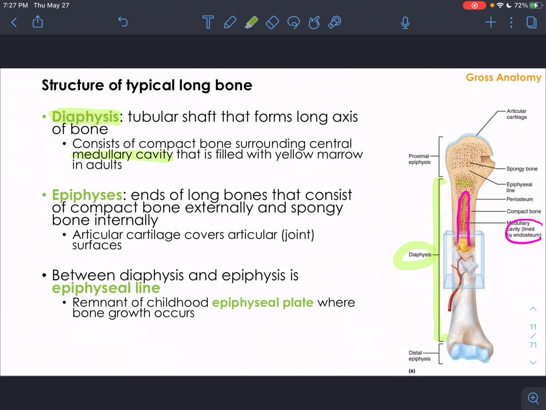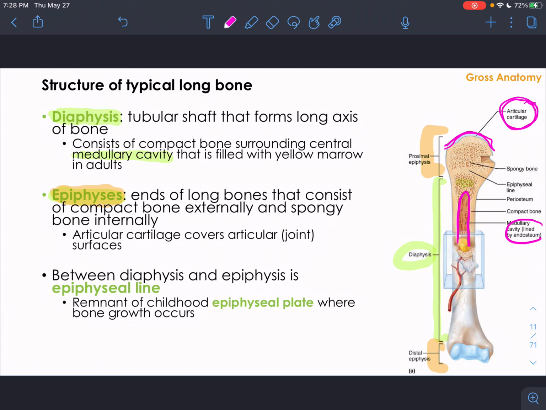The epiphyses, because there's two of them, are going to be at both ends. I'll do this in a different color. Epiphyses are at both ends. So you have the proximal epiphysis, which is going to be the part of the bone that's attaching closer to the body, and the distal epiphysis, which is going to be further away from the body. Again, you have compact bone on the outside, spongy bone on the inside. And like I mentioned previously, articular cartilage is going to cover any kind of area that's going to be involved